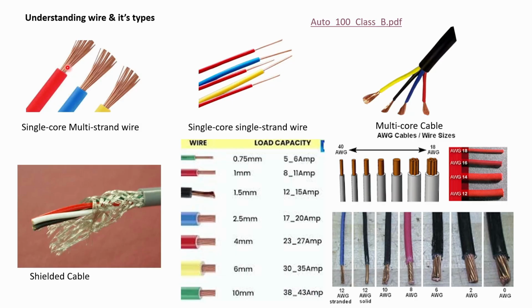So what does the single core mean? The single core is nothing but the copper section. The copper section is a single bundle and it is inserted inside an insulation material which can be seen in red, white, blue and yellow color. So in a single core single strand wire, the copper is a thick barrel in construction and it is inserted inside